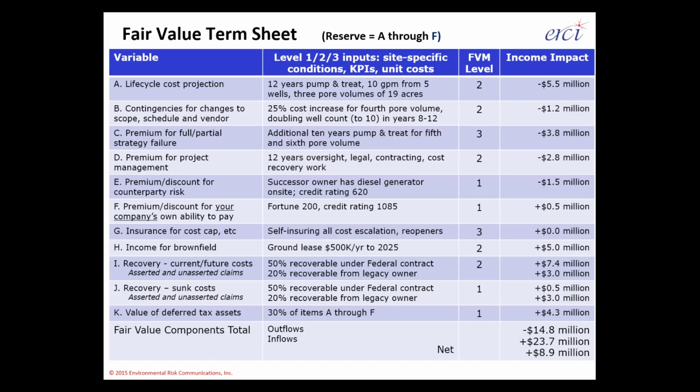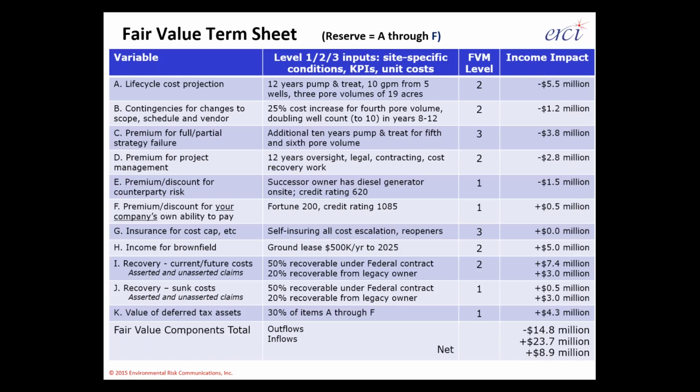For example, for a life cycle cost projection, you could say our level 1 or 2 inputs were things like, we plan to do 12 years of pump and treat for groundwater, 10 gallons per minute from 5 wells. We intend to pump out the entire aquifer 3 times across a 19-acre space. So 3 pore volumes, 19 acres. That's something, as a person with 2 business degrees, have pity on me, I can understand that's the problem and that's the solution all in one statement, that we're going to be pumping this groundwater out for 12 straight years at a known rate, and that means all the water is going to turn over 3 times, and that should give us a solution that should